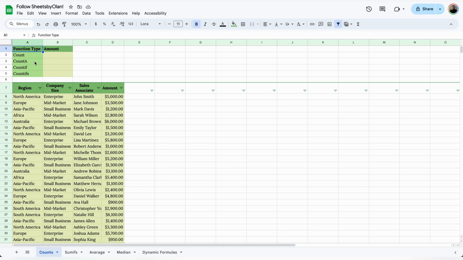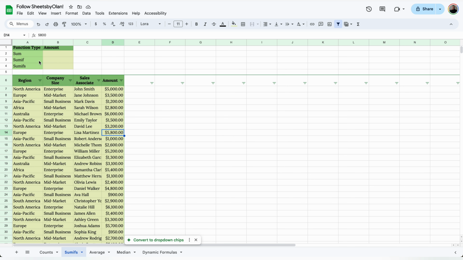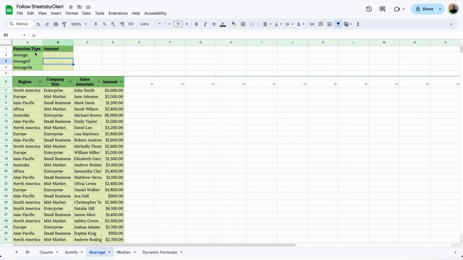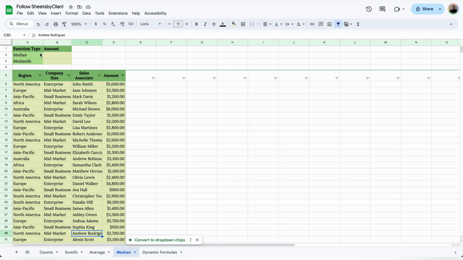for you. So for example, we have all the different count formulas here for Google Sheets. We have all the different sum formulas. You can see that there's regular sum, or there's a lot of them have ifs as well. We have averages, and we have medians. And sometimes the formula exists, sometimes it doesn't, like medianifs, but there's a workaround, so I'll show you how to